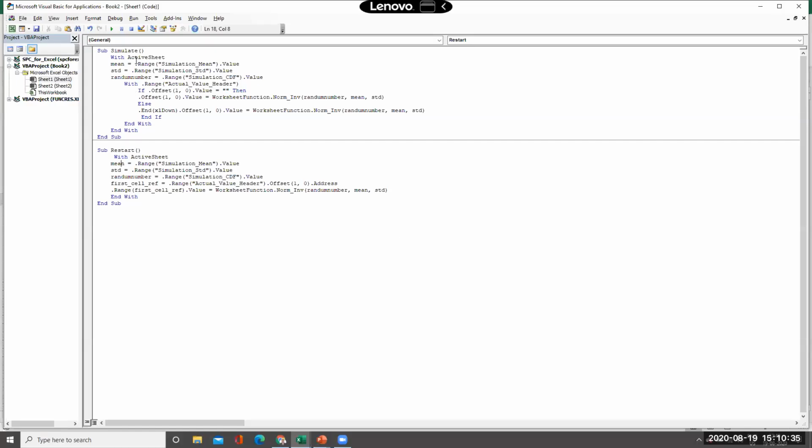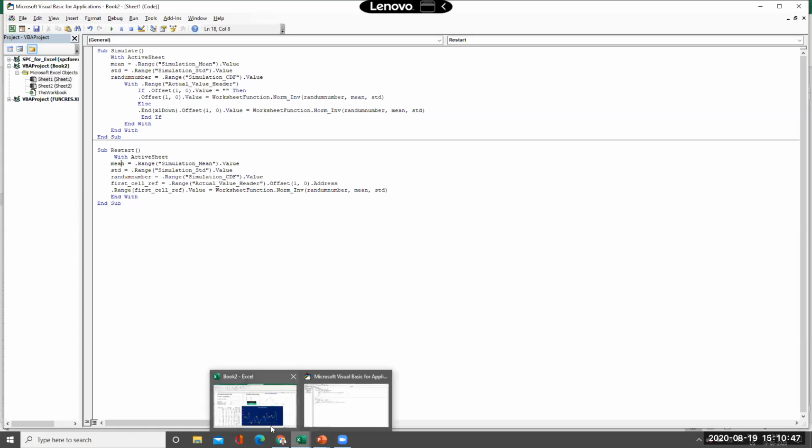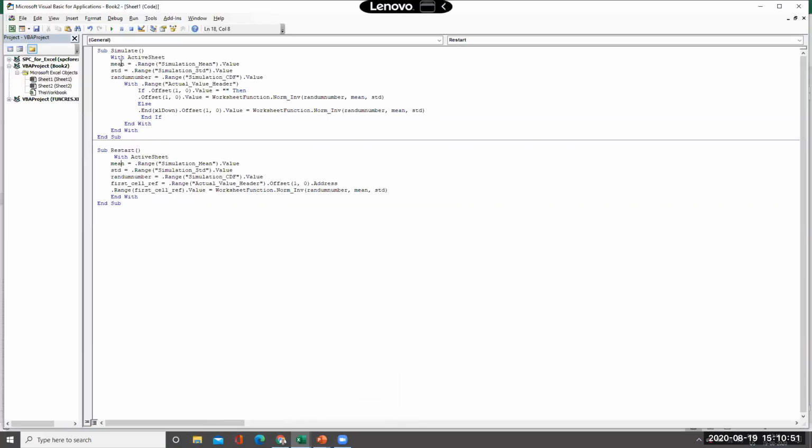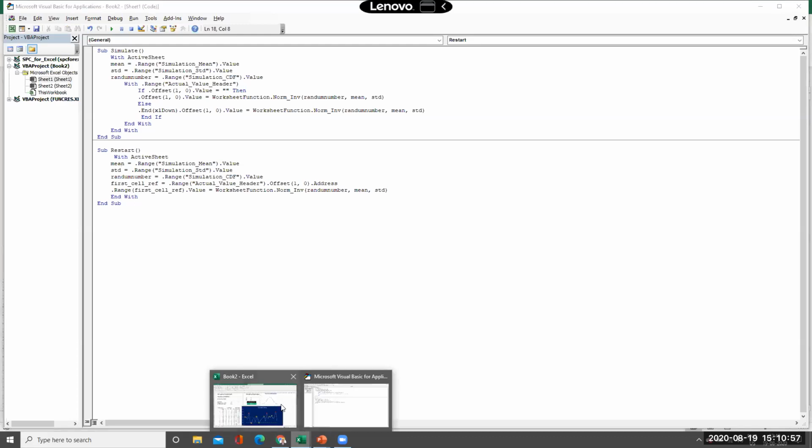So we have made these 2 VBA programs here. Now simulate and restart, I have to assign them to the 2 rectangular boxes, right? Please note, I have made a small modification. With the active sheet, there is no dot, right? I have removed this dot there also. So we'll go to this.